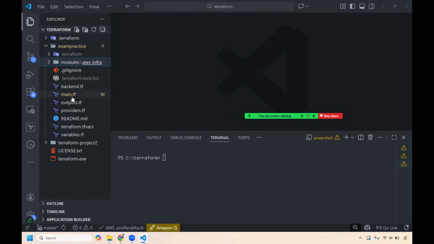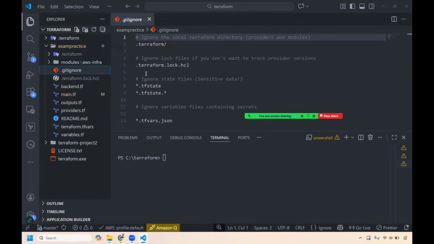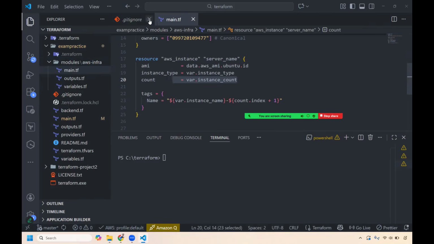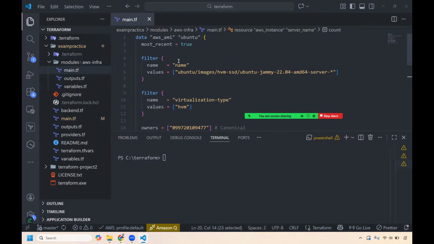And then because I put all these files, I don't want to, I just put them in the .gitignore. So let's just look at the main.tf file in the module. So let me open the module. This is it here. So this is the main.tf file. I'm going to close this. So basically this